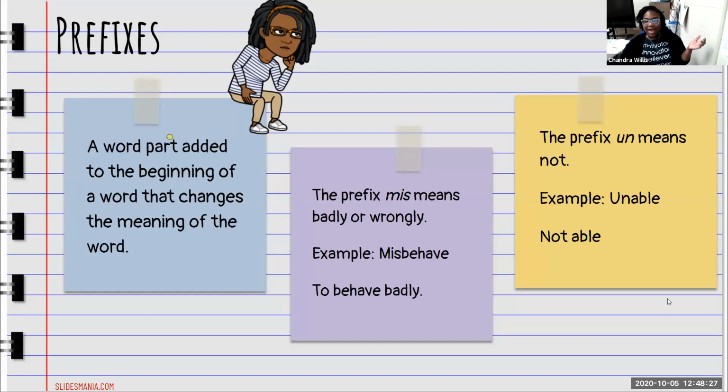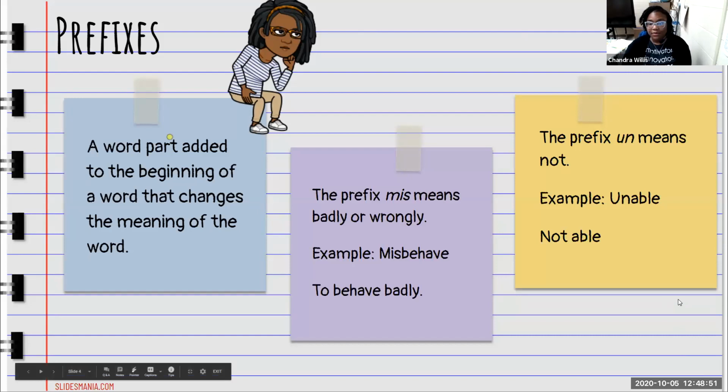Let's see. Oh, Cassidy. Go ahead, Cassidy. Help us learn something new. Misspelled. Misspell. I got some great answers in the chat box. I have misplace. I have mistreat. What about a word that we didn't talk about last week? Can you think of a word that you know on your own that has the prefix miss in front of it?